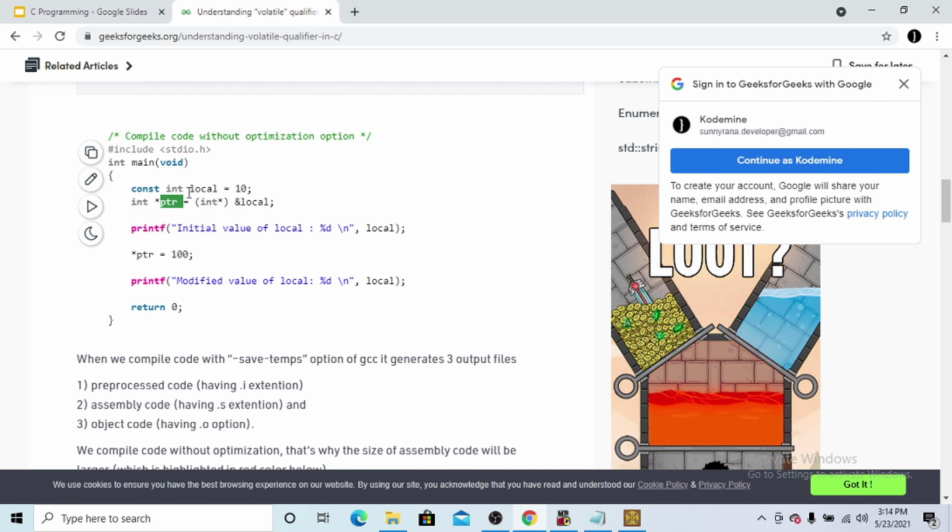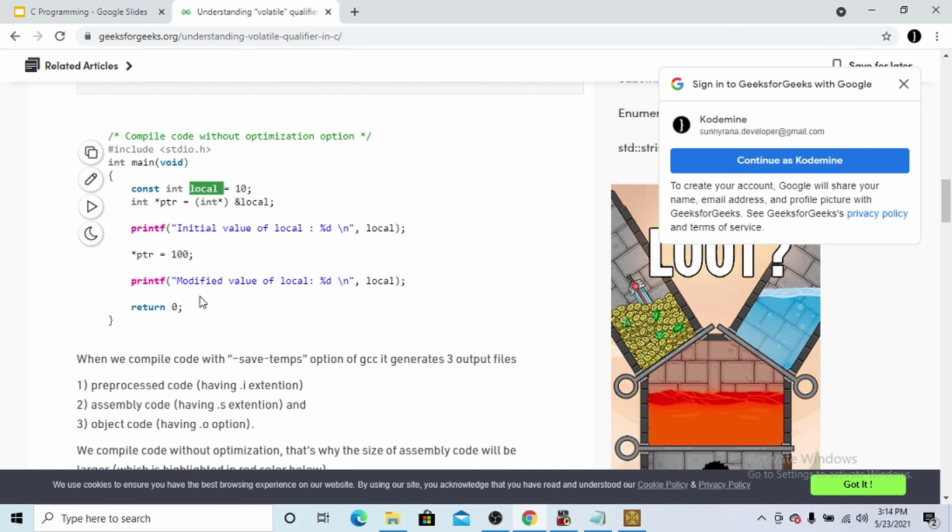So we are assigning a value indirectly to the local variable. Indirectly we are changing the value of local. Star ptr basically represents local, and without the star, ptr is the address of local.